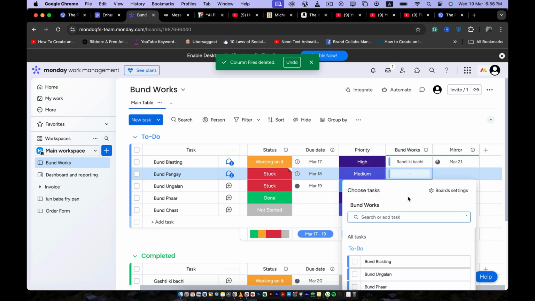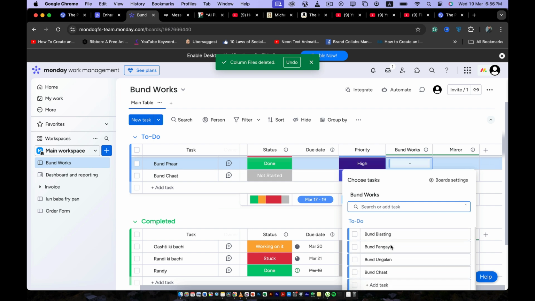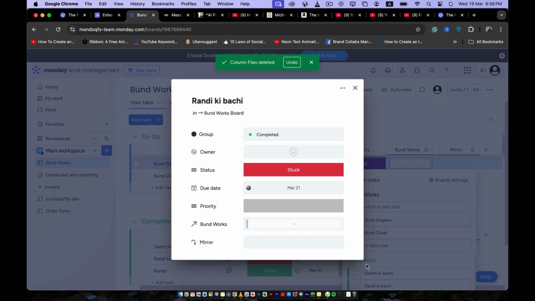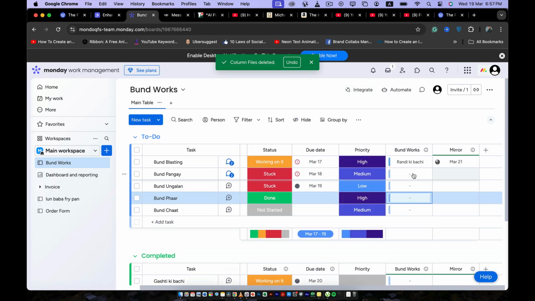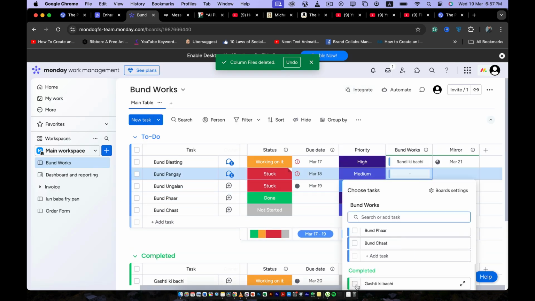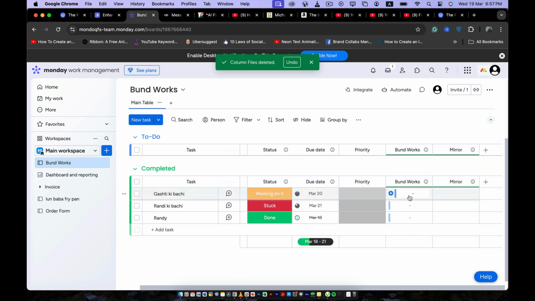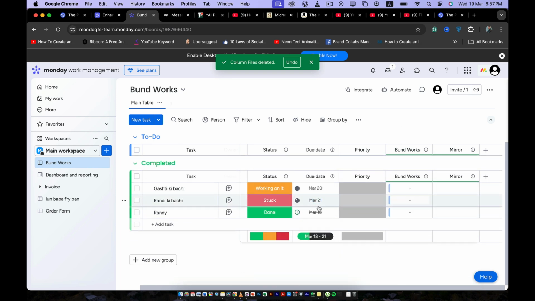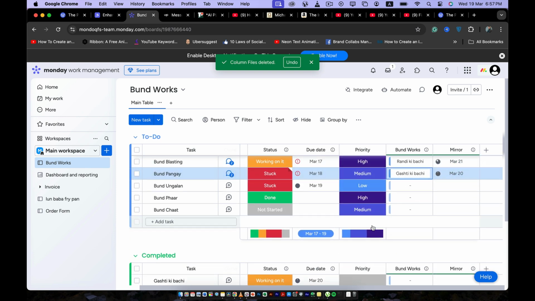And let me just add another one here. Oops. Yeah, so let me add another one. All right. Let's add this one then. Here you go. We added this one and the due date mirrored right here, 20th March, 20th March, 21st and 21st. This is how you link or mirror columns on